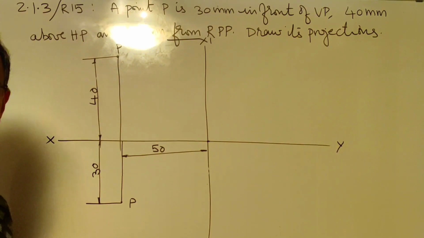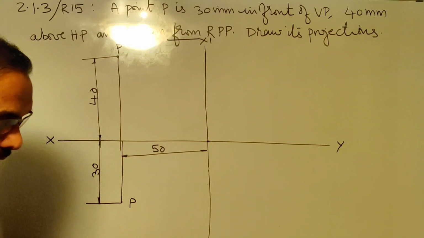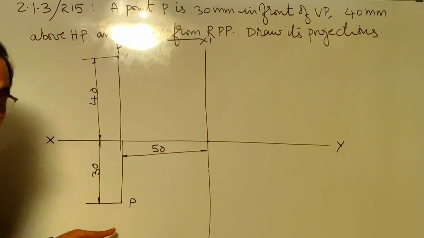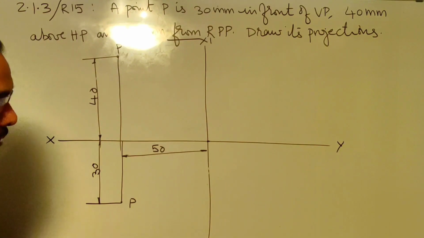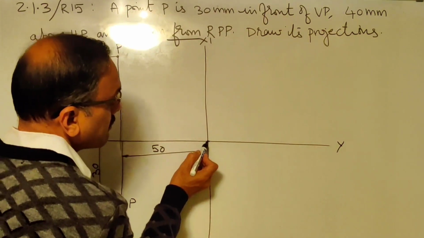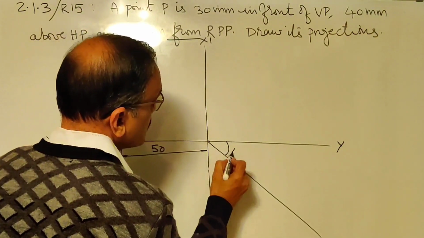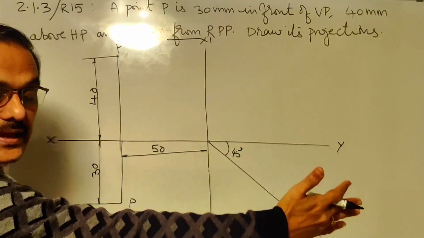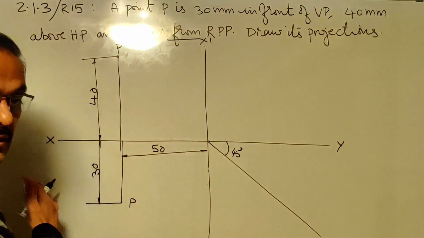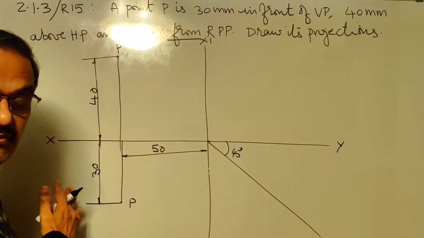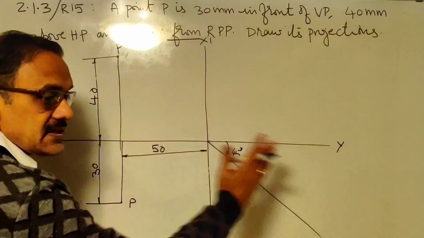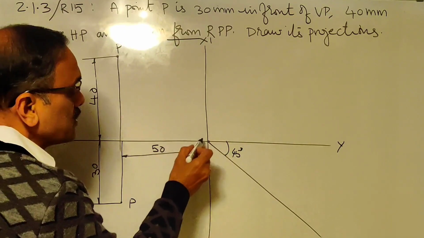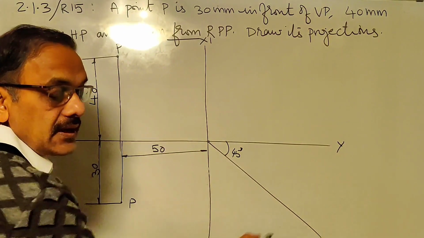Now, where to draw the 45 degree line is the question now. Locate where you have the top view. This is the top view of P. The top view of P is found below xy. So the 45 degree line also will be drawn below xy. This is 45. And it should be drawn beyond the x1, y1 line. It shouldn't be drawn this side, within x1, y1. Okay? So when I say beyond the x1, y1 line, these 2 possibilities are ruled out. You are left with 2 more possibilities, either this or this 45 degree line.